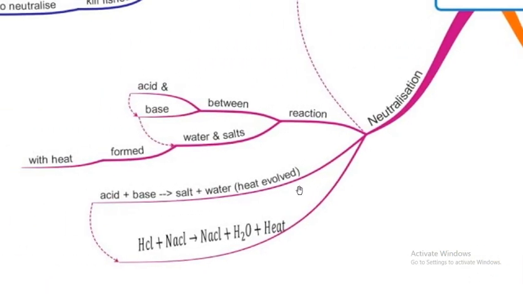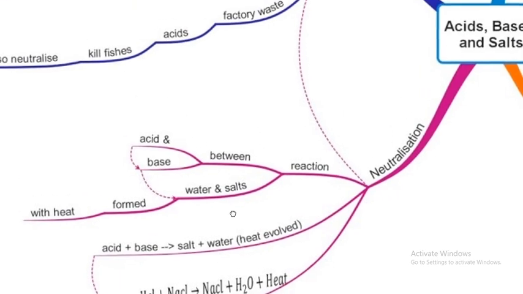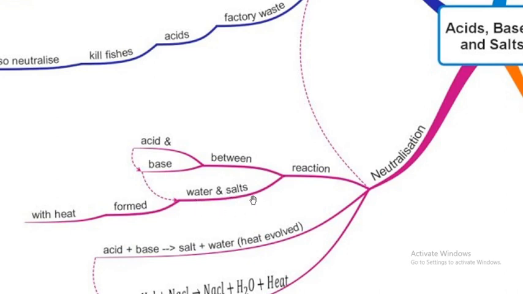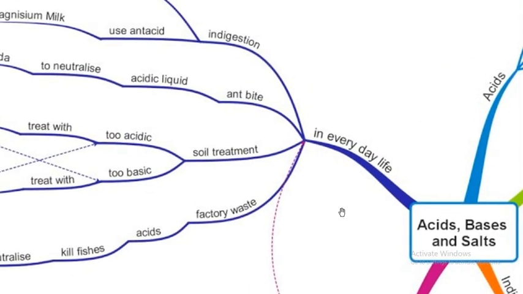Next, about neutralization. What does neutralization mean? The reaction of an acid with a base to form salt and water is called neutralization. For example, hydrochloric acid and sodium hydroxide on reaction give sodium chloride and water. This type of reaction is called a neutralization reaction. The products are water and salt, and a certain amount of heat is also released, so these neutralization reactions are also called exothermic reactions. Next, the uses of acids and bases, or neutralization, in our daily life.